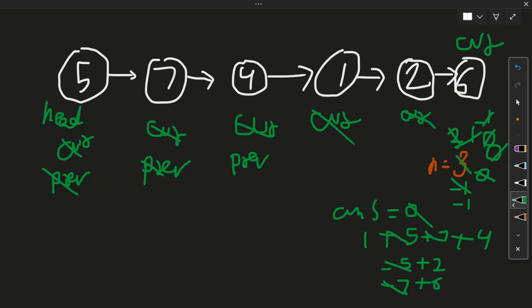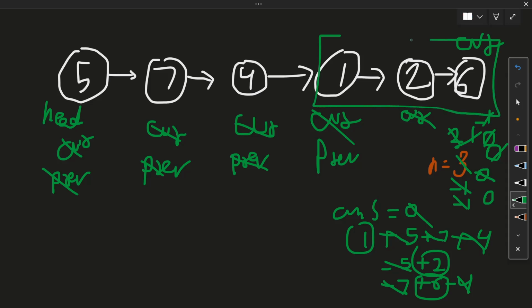So we have to delete this value. So previous is 4. We have to decrement by 4. Previous jumps to the next value, and we also need to increment our n. So we have 1, and this 4 will cancel out this 4. So we have 2 and we have 6. So this is the last n nodes. So we just need to do the summation and return the integer.